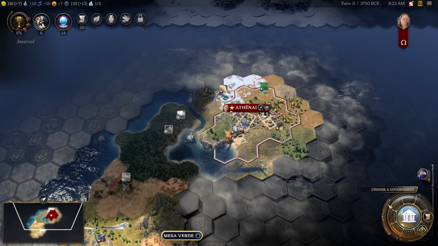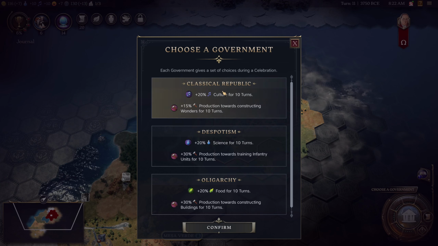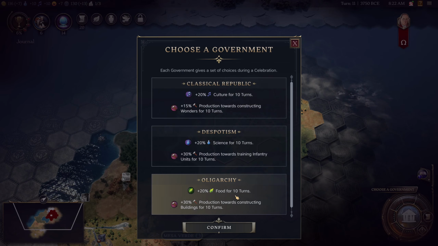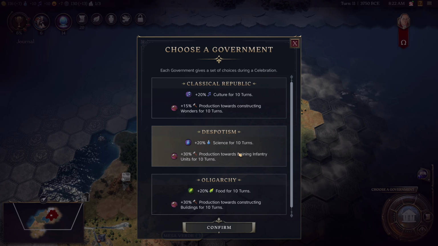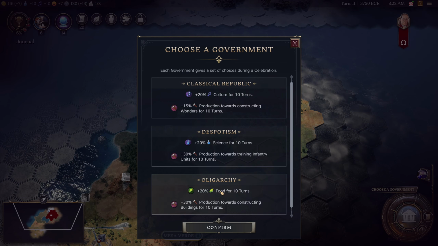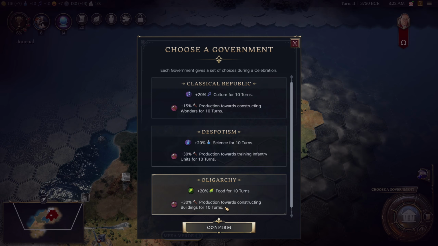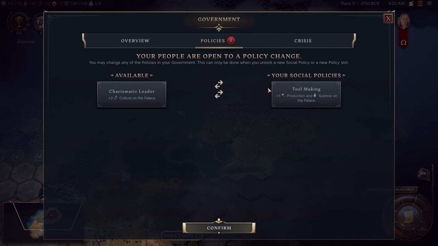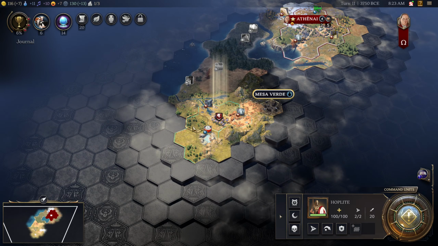We'll go mysticism. We can get religion's changed as well. It takes a lot longer to get religion, it feels like. We'll go science, production, +30 to training infantry, construction wonders. Let's go growth. So I was thinking about going science. It was probably better to go science, but since we didn't, we'll have to do it here instead. So under policies, we'll have to fill the need or the gap somewhere, and